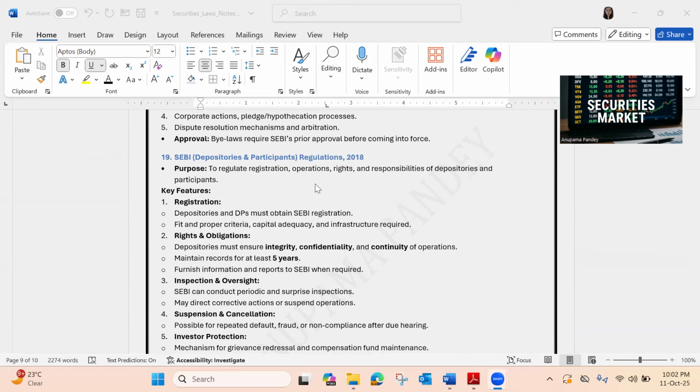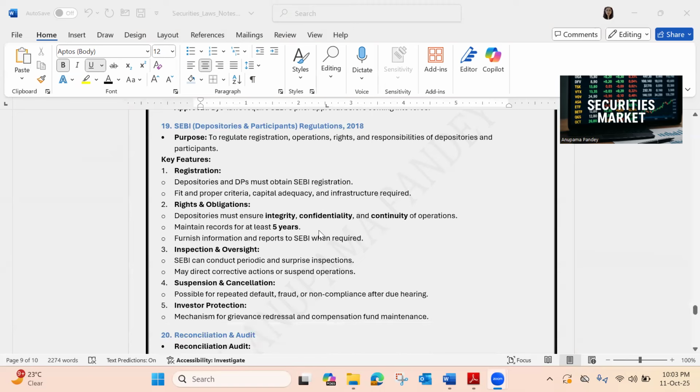रजिस्ट्रेशन इनका सेबी के साथ होना मैंडेटरी है. Fit and proper criteria, capital adequacy and infrastructure is the basis for giving them the registration. राइट्स एंड ऑब्लिगेशंस क्या क्या रहेंगे? Depositories must ensure integrity, confidentiality and continuity of operations, maintain records for at least 5 years, furnish information and reports to